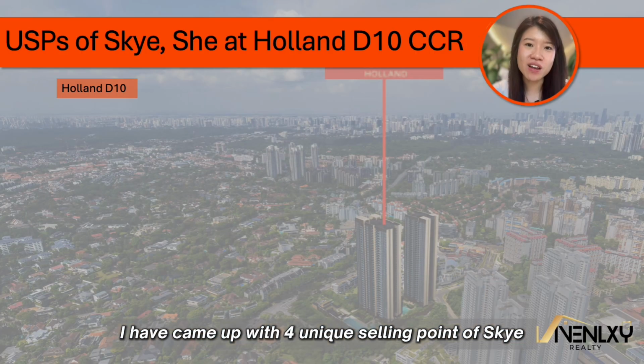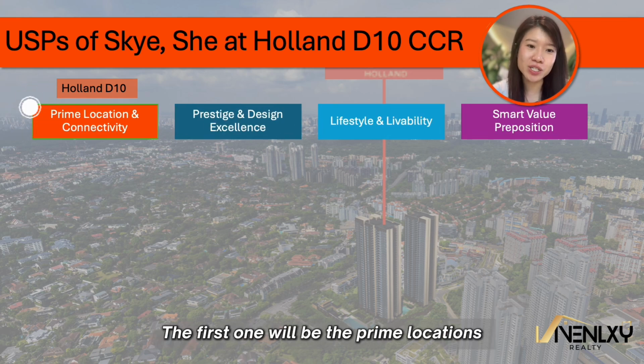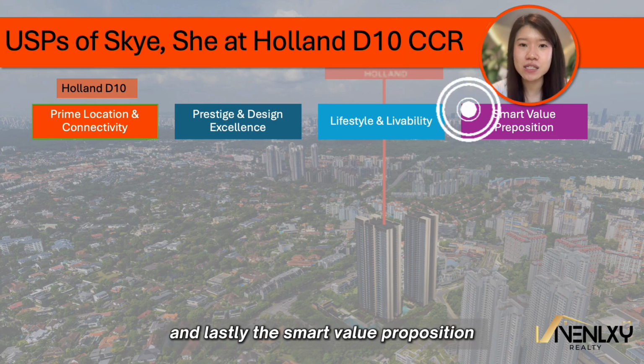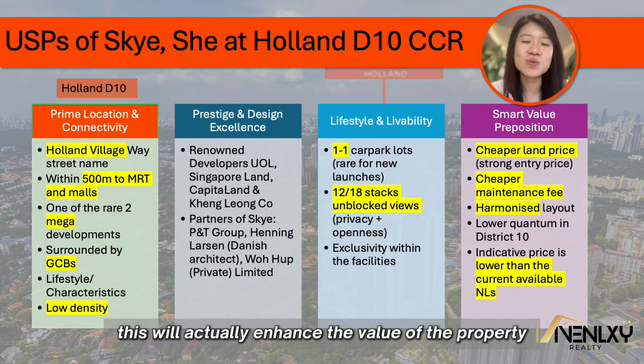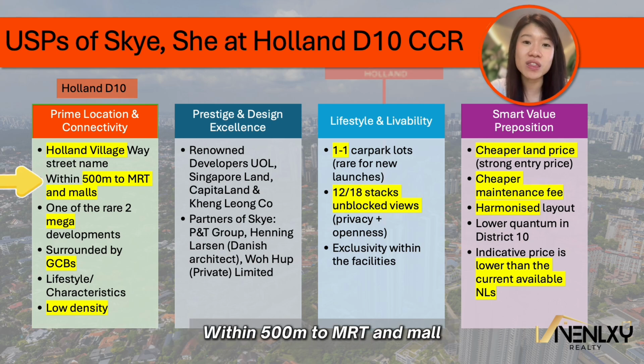I came up with 4 unique selling points of Skye at District 10, Holland CCL. The first one will be the prime location, then prestige and design excellence, lifestyle and livability, and lastly the smart value proposition. The first one I want to say is the Holland Village Way, that street name actually brings you a very different atas name, and I believe this will actually enhance the value of the property, especially if you are staying in Holland within 500 meters to the MRT and more,